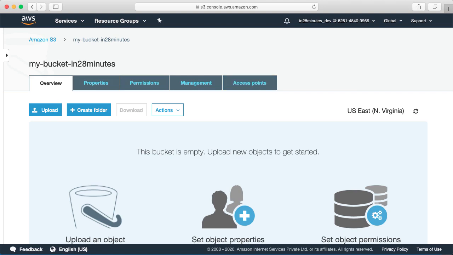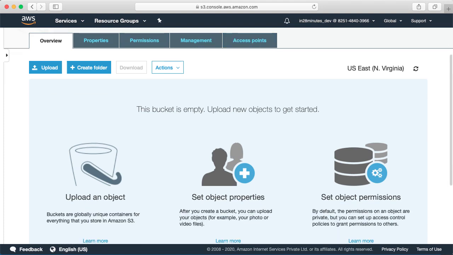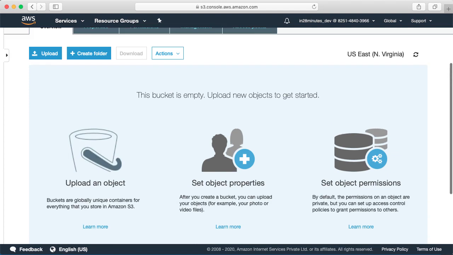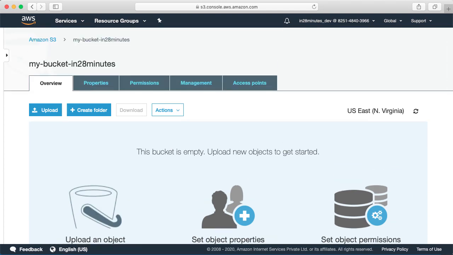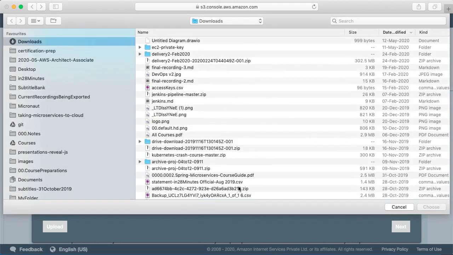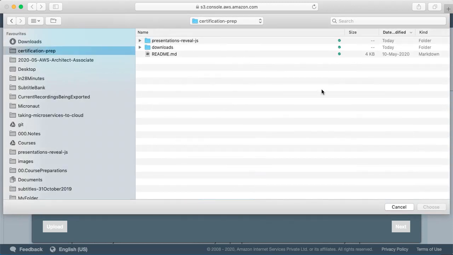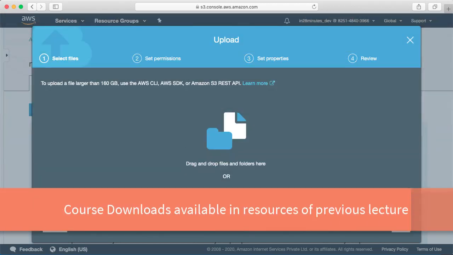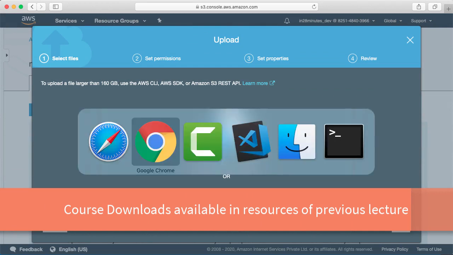For now, let's focus on uploading some files to this specific bucket. So we have a bucket and we would want to upload objects to this bucket. The way you can do that is by saying upload. Over here you can select the files. I can either choose add files and select the files I would want to upload, or the easier option I like to do is to drag and drop.